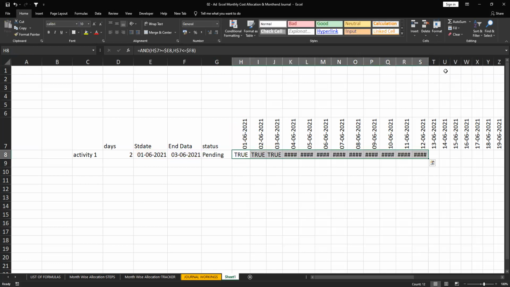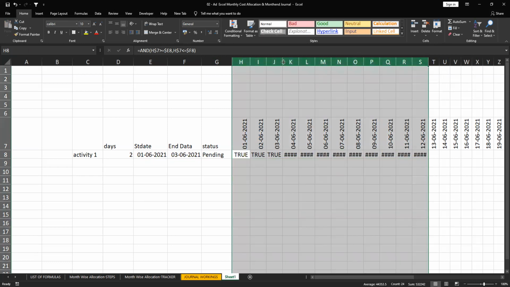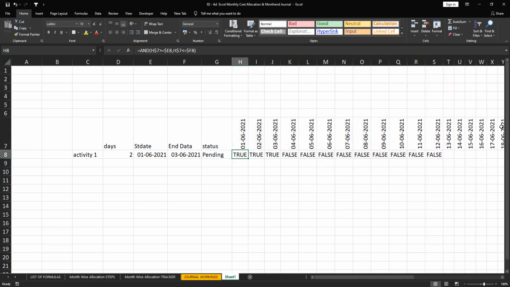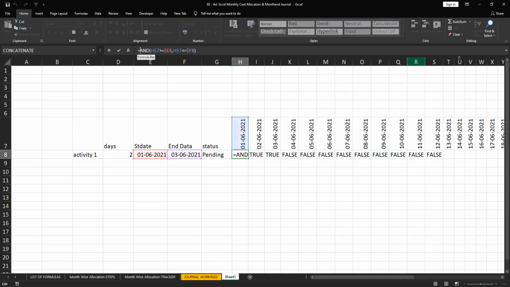See here, so my mistake. I put January, I put it's June. I am expecting the result, so I thought it was a formula mistake. No, see, it is correct, right? So what are the dates here? I need to get true or false. Okay, now instead of true or false, I need to get this value.